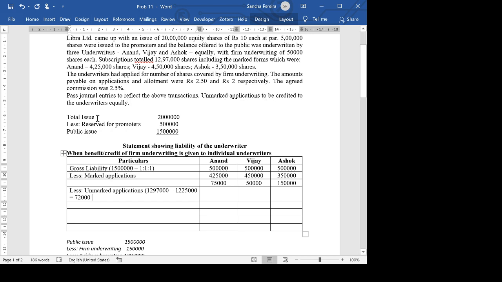Unmarked applications to be credited to the underwriters equally. Even otherwise we would have done it equally because the ratio of gross liability is also equal. Anyway, they've told us, so we will do it the way they have told us. Also, if you've noticed, I've not added firm underwriting here. Why am I not adding the total firm underwriting of 1,50,000 here? Because I'm solving at benefit given, so I will minus firm underwriting separately. So if I divide 72,000,